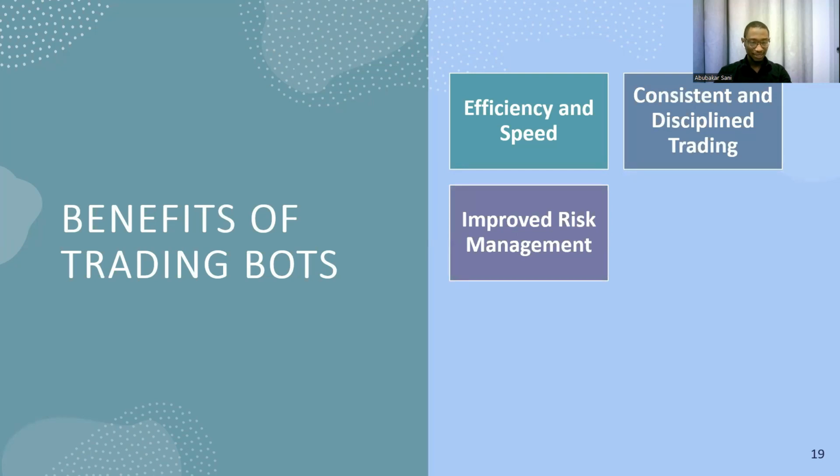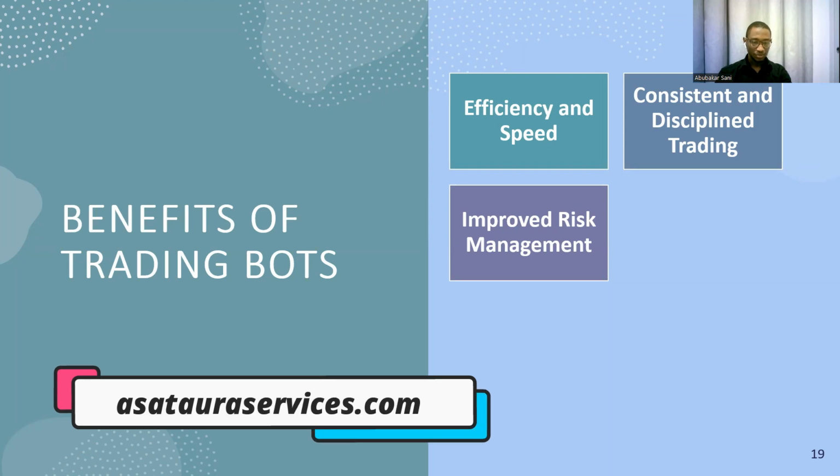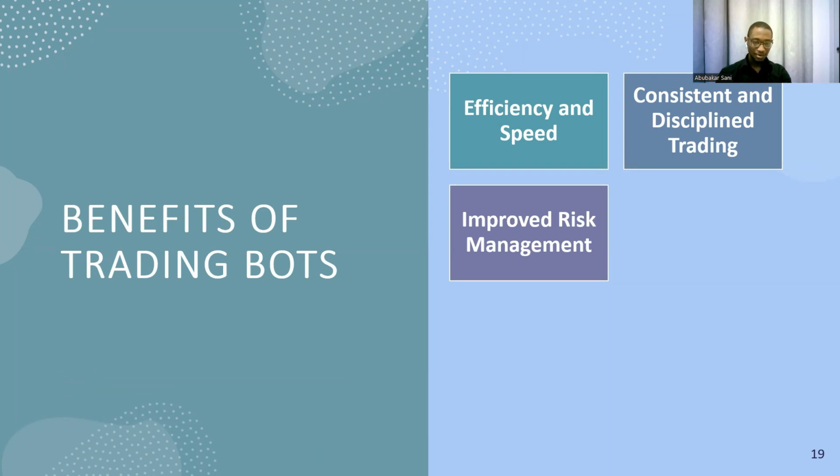Risk management, how do you manage your risk? When it comes to risk management, this is where most people lose money. You see a very good trading opportunity, you go and buy, let's say, a particular stock because you are hoping it is going to reach a particular value before you sell. Then it goes to that value and you decide to move your take profit level. You say, okay, why don't I wait a bit more? Maybe I will make more money. So this could be an issue, but with the trading bots, if you tell them buy at this price, sell at this price, that's exactly what they will do.